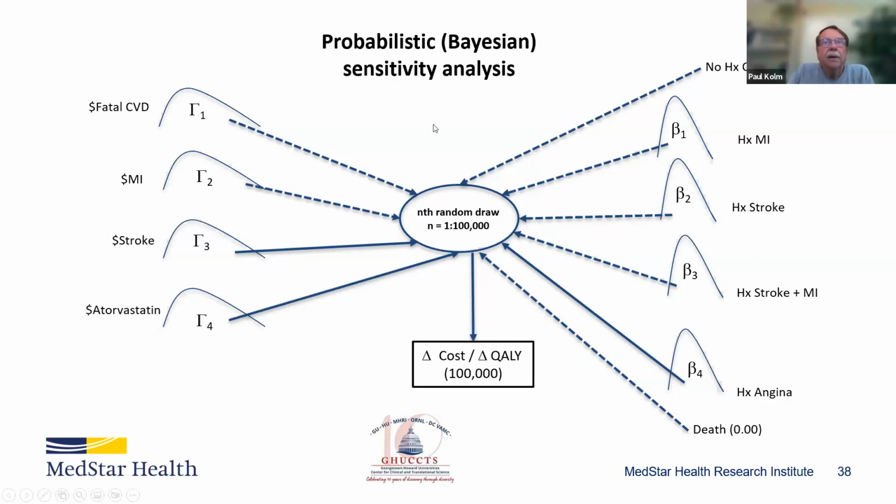From the different distributions, we would take a random draw, and then we would repeat that a large number of times, and then we would calculate the ICER, the difference in cost divided by the difference in qualities. And for example, if we did 100,000 simulations here,